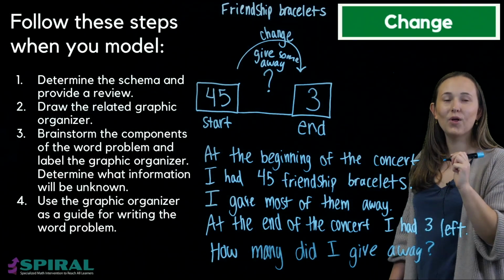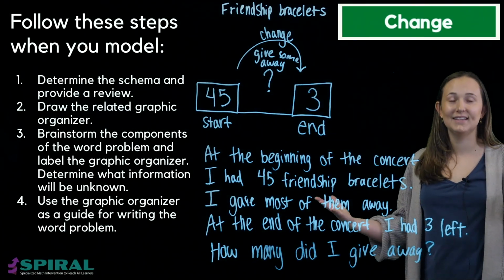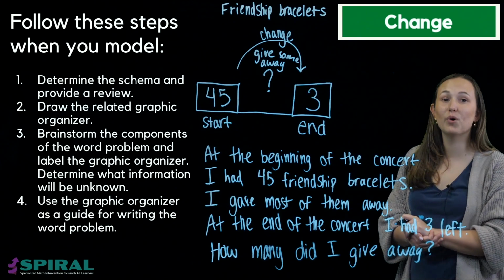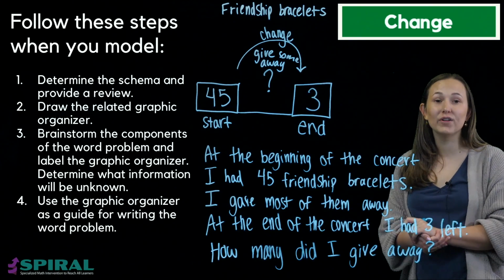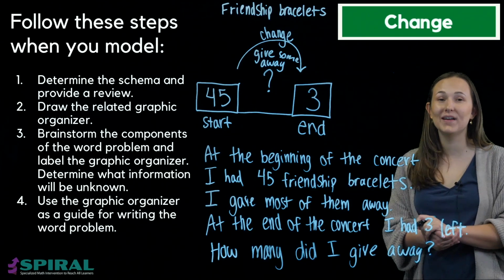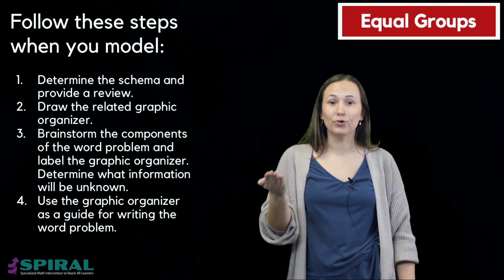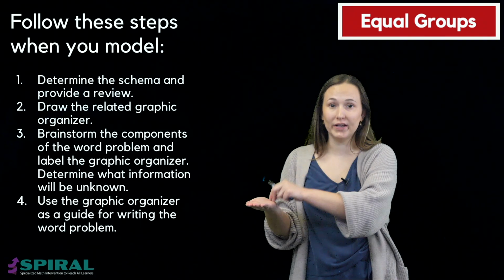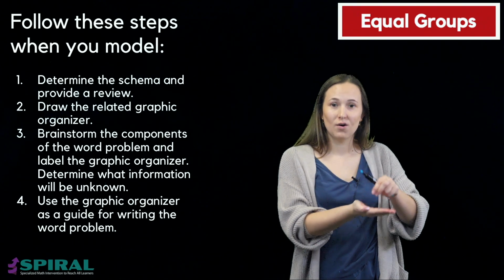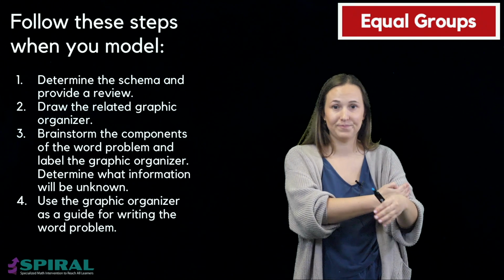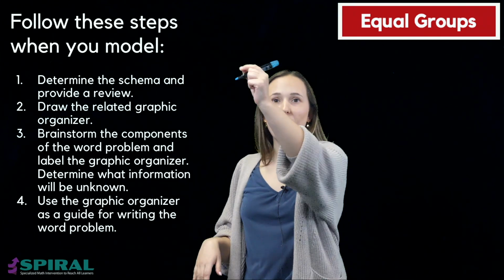my change problem in its totality is: At the beginning of the concert, I had 45 friendship bracelets. I gave most of them away. At the end of the concert, I had 3 left. How many did I give away? Moving on to equal groups problems. In equal groups problems, we have groups with an equal number in each group, or we have a product shared equally among groups. So now I'll draw the equal groups graphic organizer,